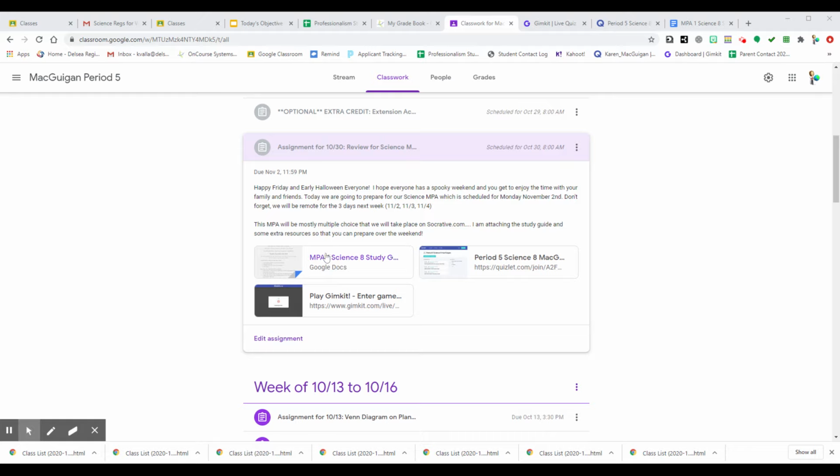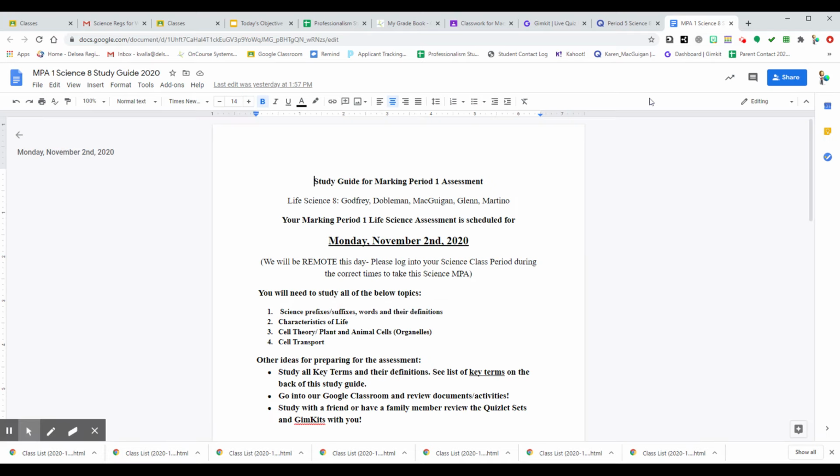Of course, this first link will be your study guide or study outline. Very simply put, you're going to be covering the topics of sciences, prefixes, and suffixes, their words and their definitions, which we call the language of science, or your word cells. Also the topic of the characteristics of life. Then you have cell theory and plant and animal cells. And then lastly, what we covered for the past week, which is basically your cell transport, which is osmosis, diffusion,